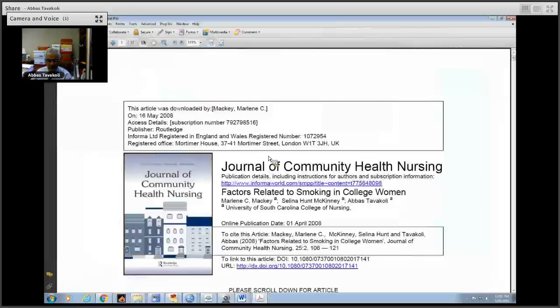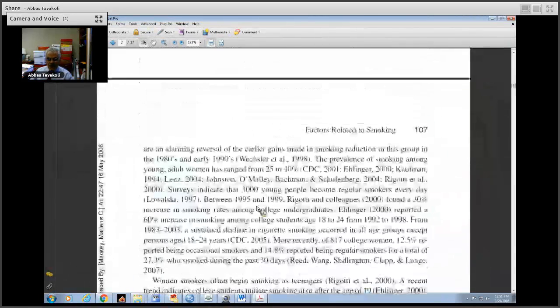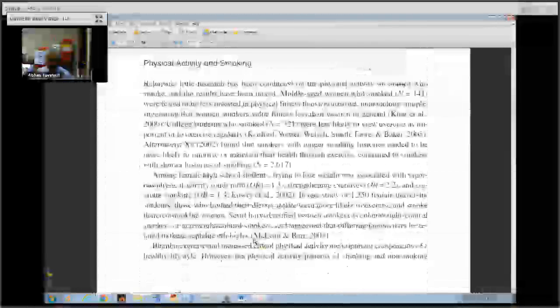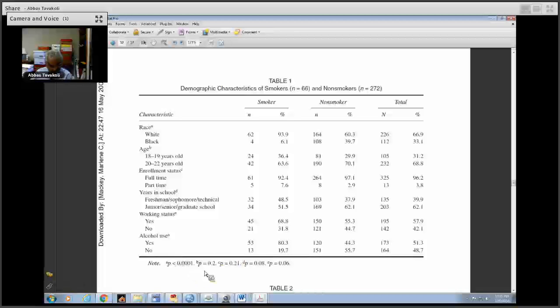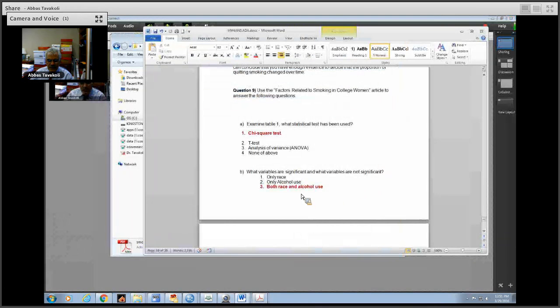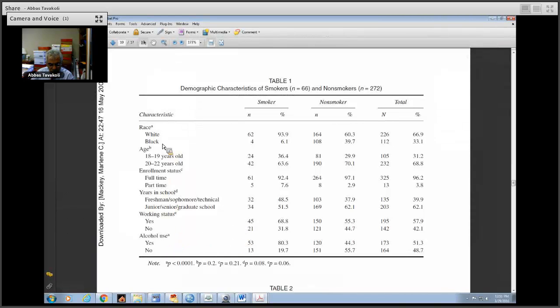and reduced smoking. And for factors related to smoking in college women, table 1 uses the chi-square test, and what variables were significant for that? This is table 1 for factors related to smoking. If you look at table 1, it tells you which variables were significant. A is 0.001 and then E is 0.06. So A and E are your race and working status, with p-values less than 0.05, both race and